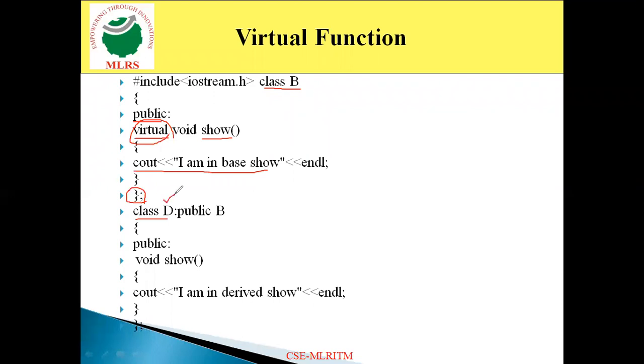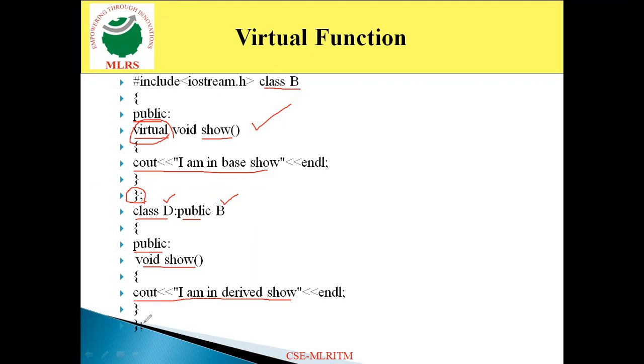Then I define the derived class, which is D. I derive a new class D in public mode from the base class B. Again in the public section, I define the same function show in the derived class. In this show, I specify a cout statement "I am in derived show".